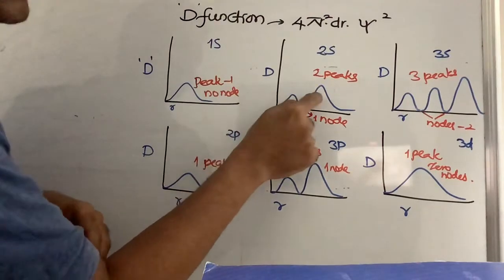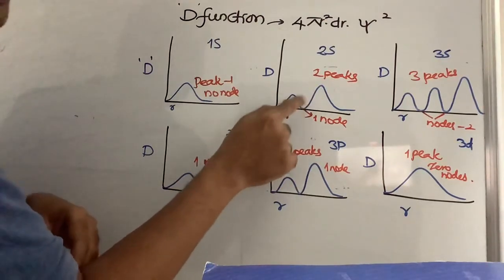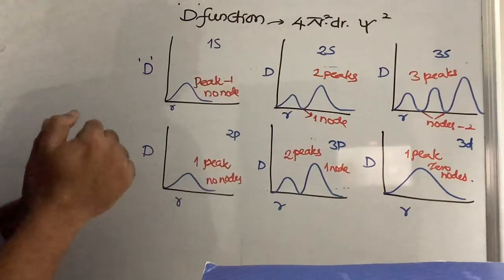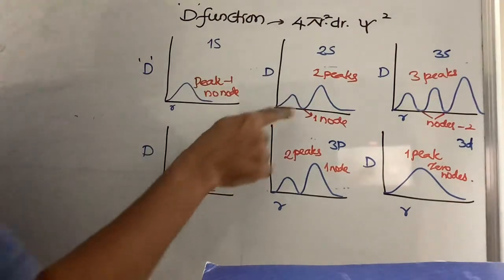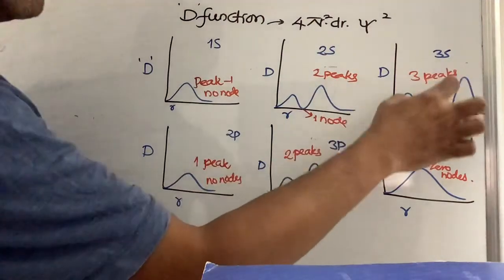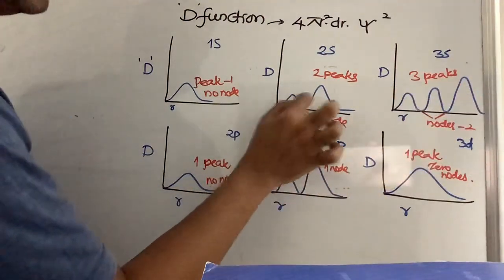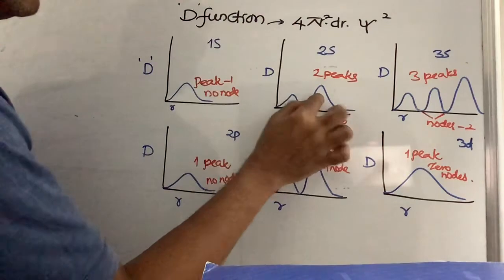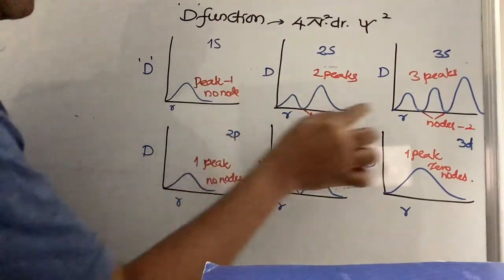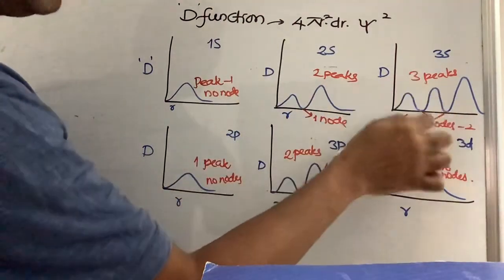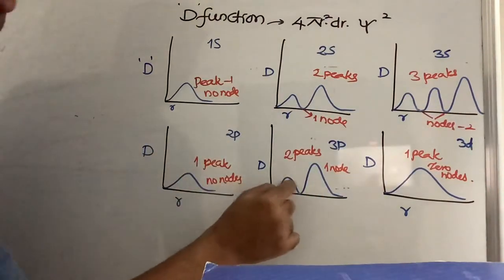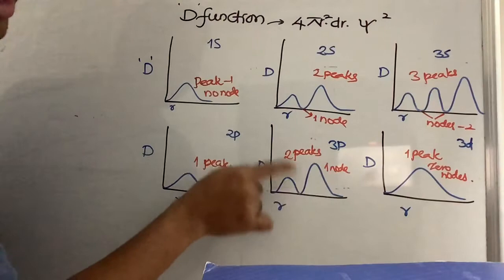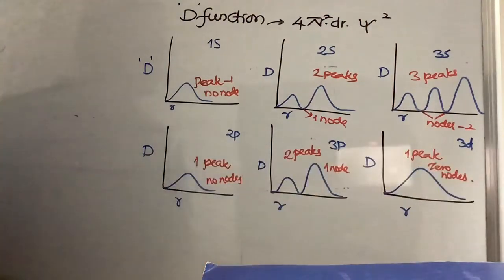Between the first orbit and second orbit, there is some space where you can't find the electron. This particular area is called a node. This is a node. That means between these two levels, 1s level and 2s level, there is some gap where you can't find the electron. Between these three, there are two gaps where you can't find the electron. Here, no nodes. But for 2p and 3p, there is some gap where you can't find the electron. Like that, you need to understand.